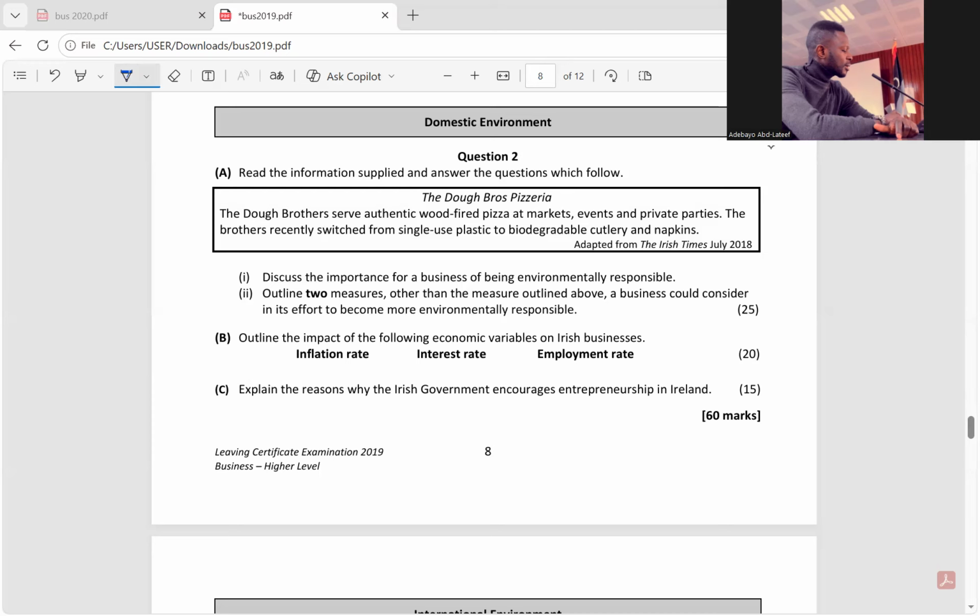Now, the last one is employment rate. Employment is simply talking about the number of people who are engaged and are paid for the job they do. So if there's a high employment rate, it increases government revenue through taxation, because government would be able to charge income tax. Because you are engaged, you pay income tax. That increases government revenue. Do you understand what I'm saying there?